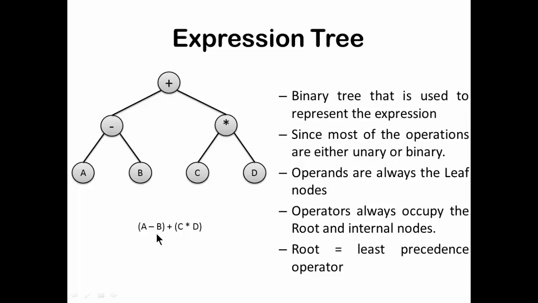For example, here there are 3 operators: minus, plus, multiplication. Multiplication has a higher precedence, but the precedence in this equation is managed by the brackets. So this minus sign has a precedence, this multiplication has a precedence, and the last operator that you can perform is plus. Therefore plus has to be at the root. Whatever is on the left hand side of the plus will be in the left subtree, and whatever is on the right side will be in the right subtree.